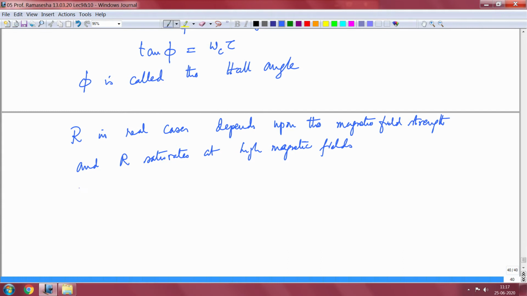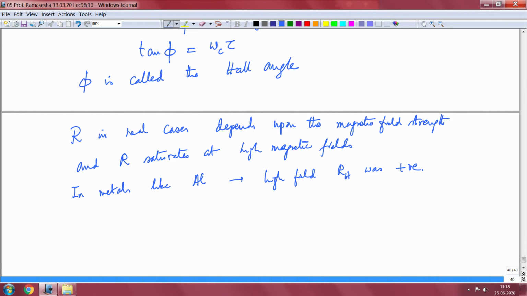In metals like aluminum, at high field RH was positive, which meant that the charge carriers were actually positively charged in the case of a metal like aluminum, and it is very difficult to know why it should be positively charged.